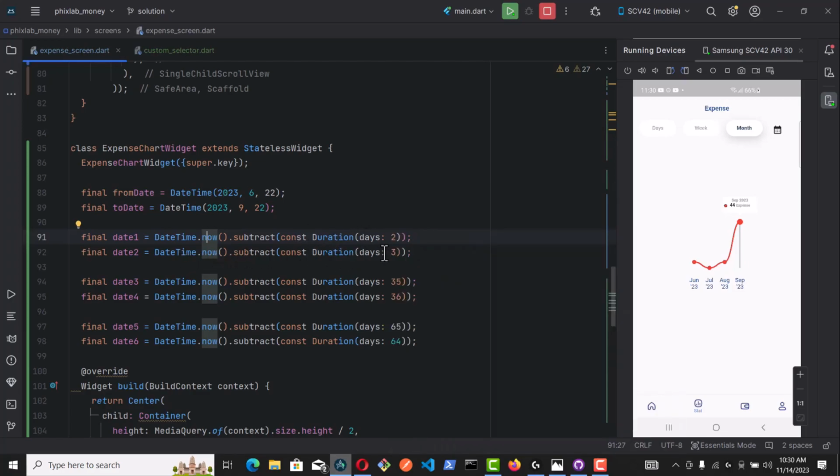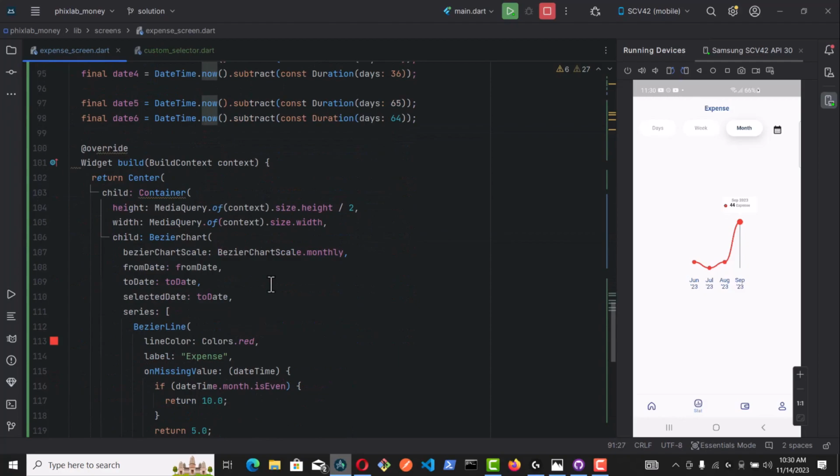Today's date subtract 3, and then 35, 36, and all of that. So it's just for us to get arbitrary numbers, even though I didn't render. I've actually stripped off some of those numbers from here because I only made my stuff to be within this very few dates, and then within this place where we're actually rendering